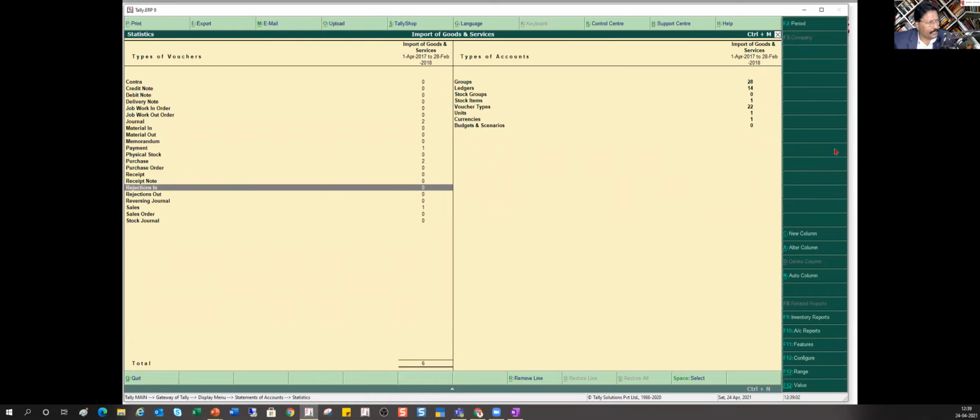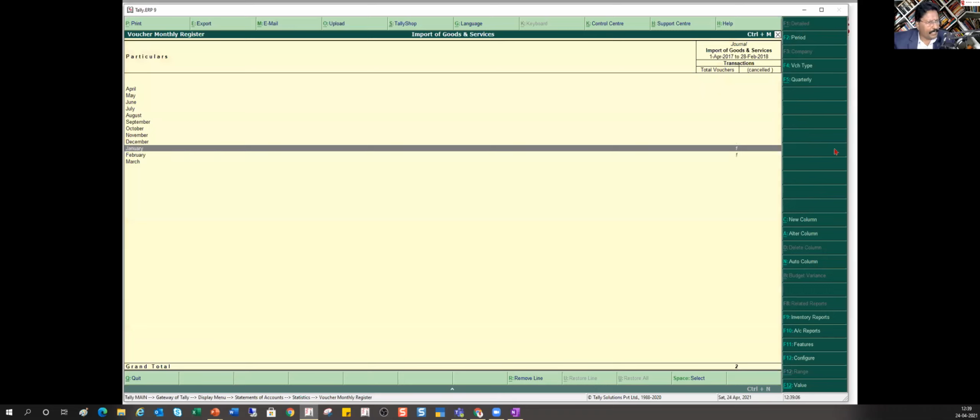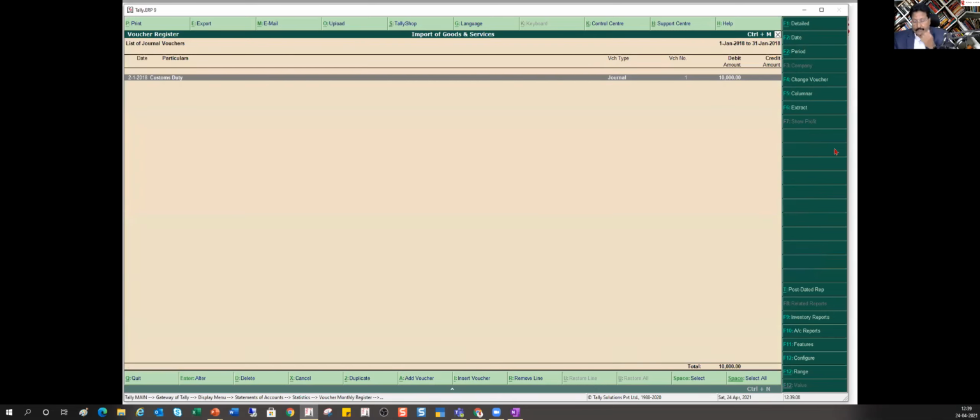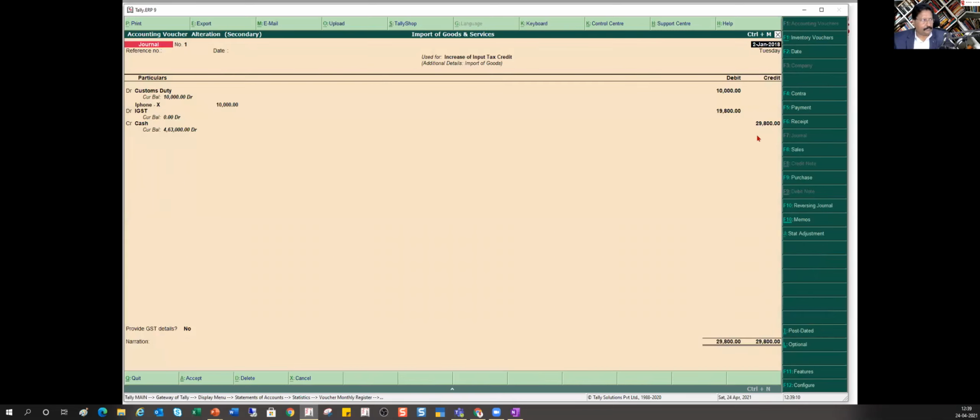Next, what I'm doing is I am going to pay my customs duty, right? So I'm going to pay my customs duty. So now I'm going to use my journal entry. Now this is what I was talking about. It all depends on how you want to manage your entries. For example, here you definitely need a flag. So this entry, I'm eliminating two entries.